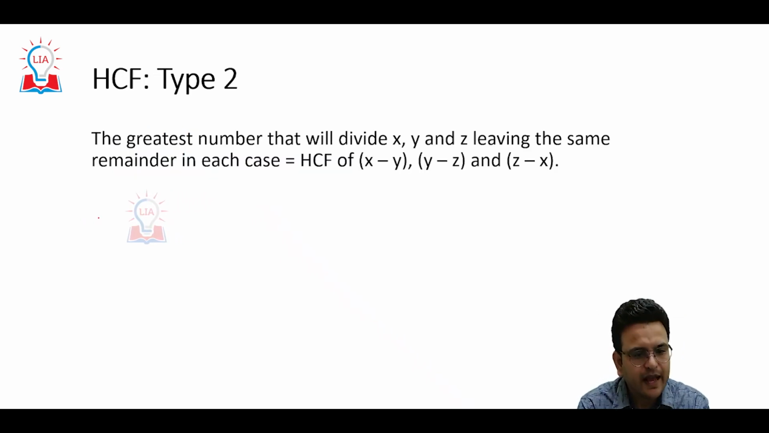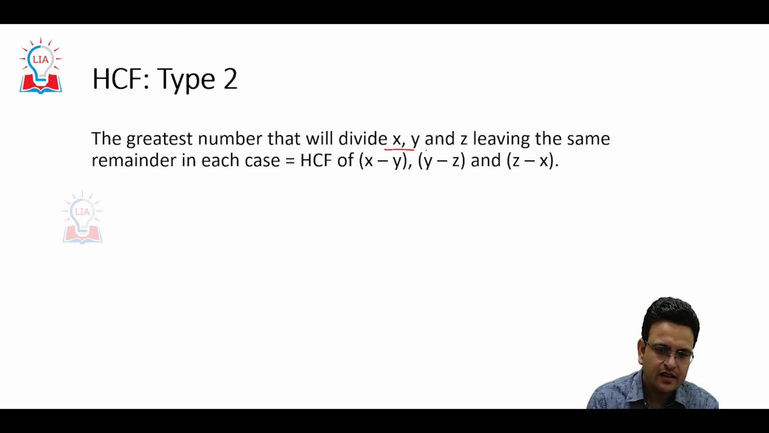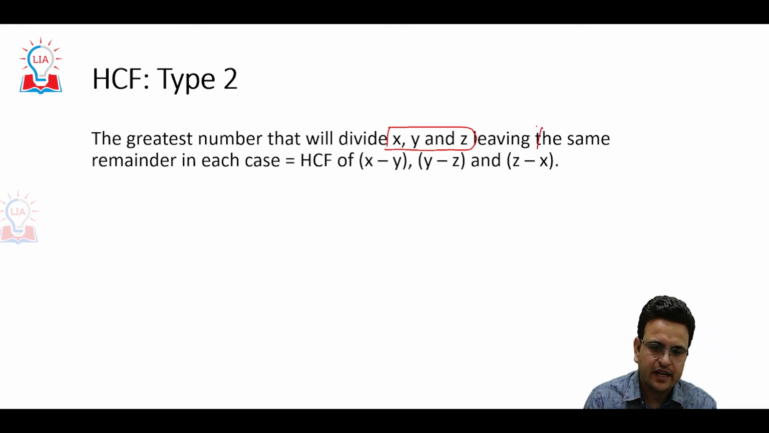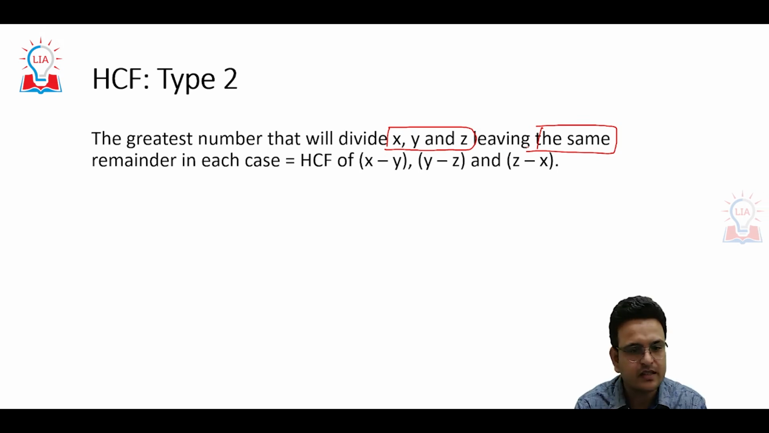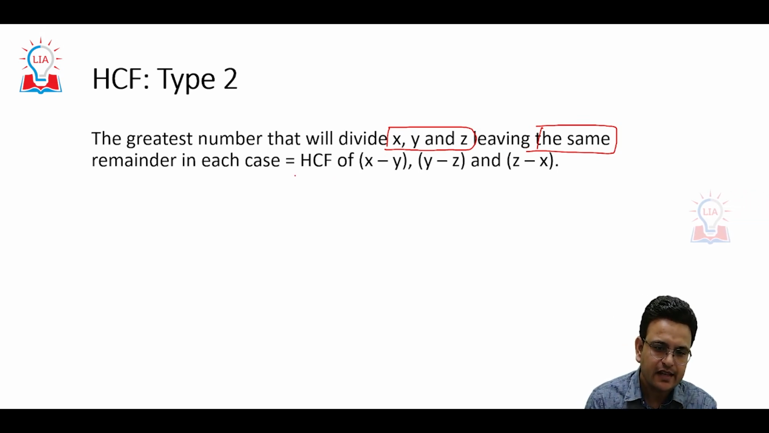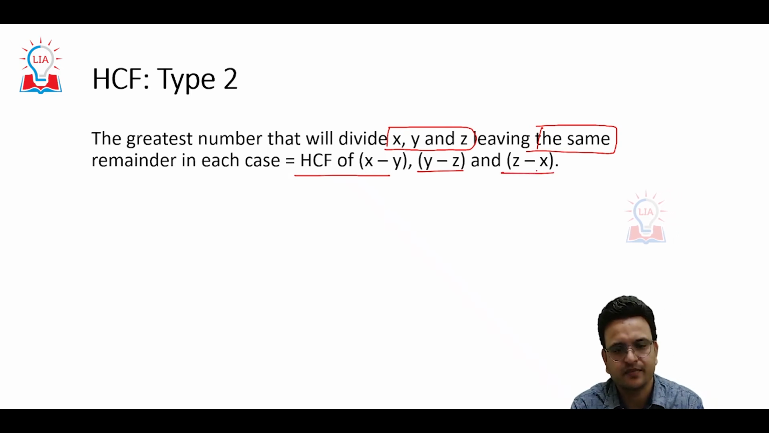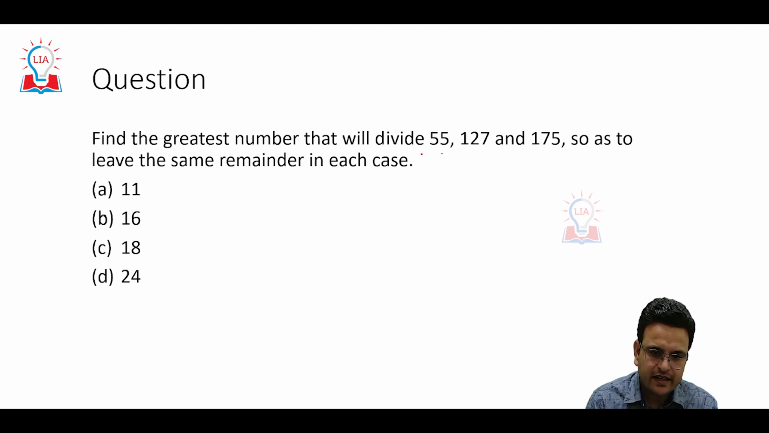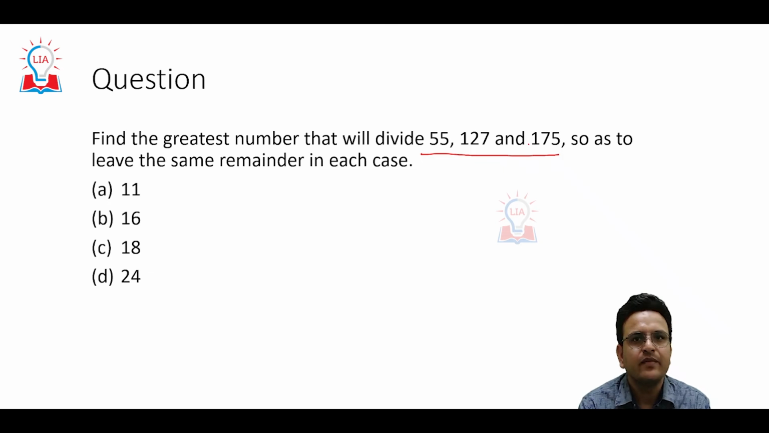One more type of HCF question is the greatest number that will divide x, y, z, leaving the same remainder. So how can you solve such types of questions? You can say that it is the HCF of x minus y, y minus z and z minus x. Again, here we have numbers like 55, 127, 175. When we try to get the same remainder,